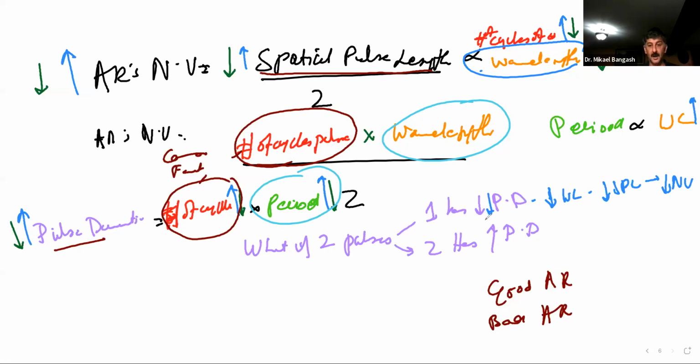So a pulse that measures shorter in time will have a shorter spatial pulse length, which will have a lower numerical value of the axial resolution, and have a better axial resolution